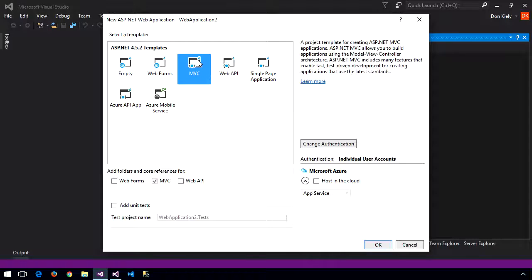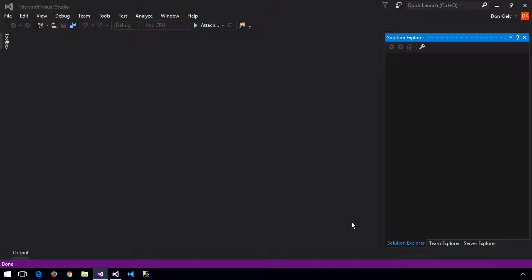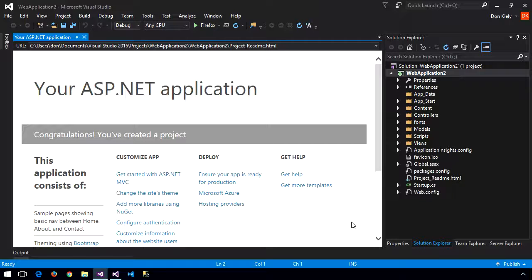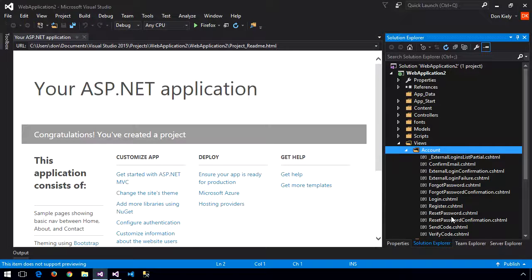Okay, so I'm going to create an MVC application. MVC is selected by default. Keep in mind this is a classic ASP application. By default, it includes the individual user accounts. I'm not going to host it in the cloud. All right, we have the new project, and I'm going to go into that same view under Account, the Register,